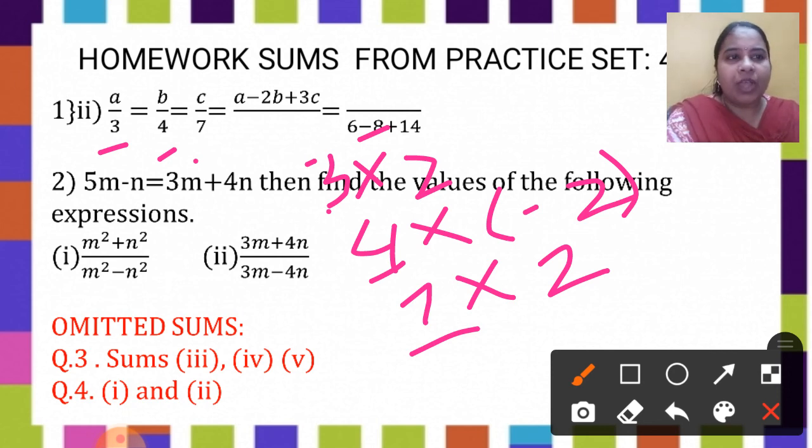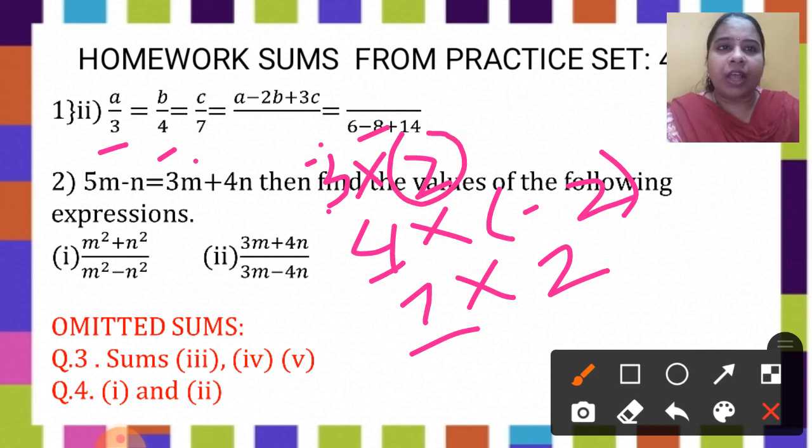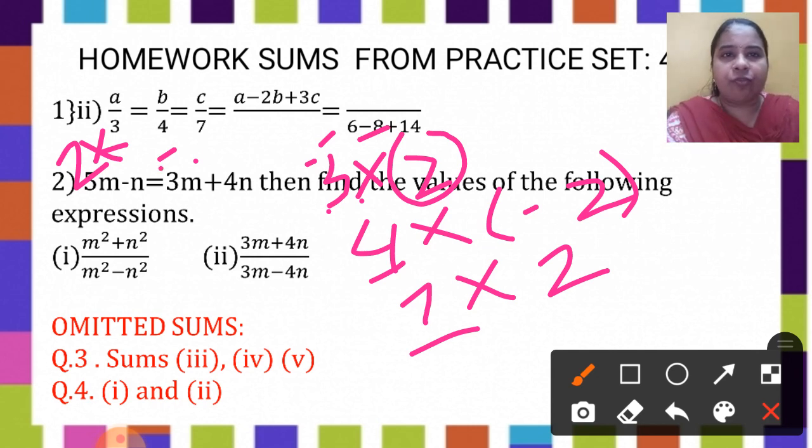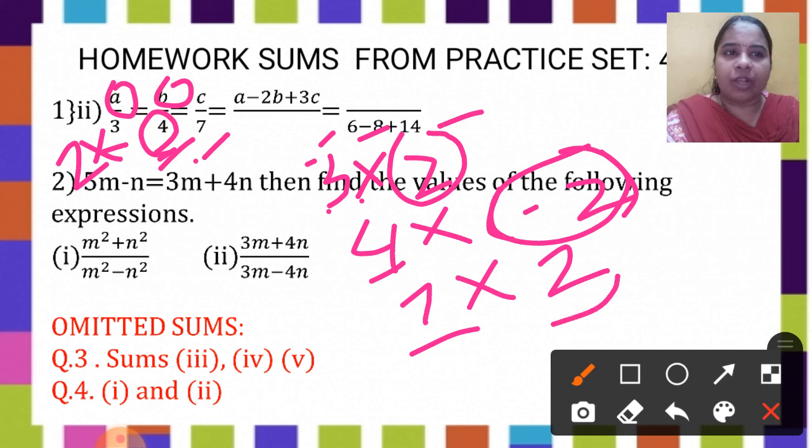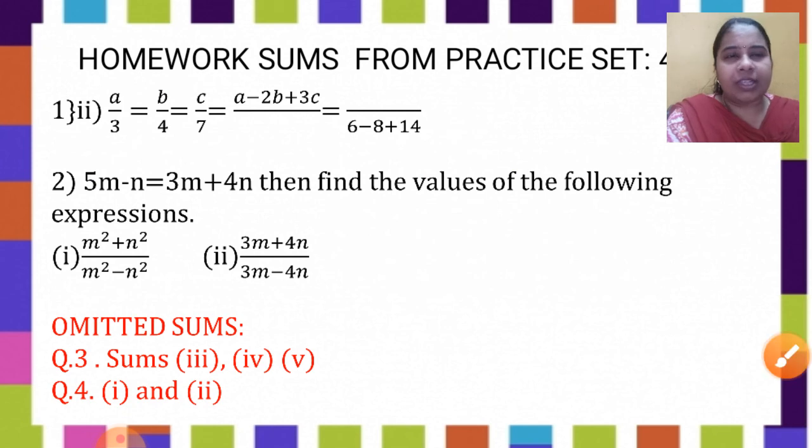So what I will do, I will multiply the first ratio by what? 2, because 3 is already there. I want 6, so 3 into 2 will give me 6. So the first ratio is to be multiplied by 2. Same way look at the second one. Minus 8 I want, I have 4 here, so with what will I multiply? Minus 2. So here you will multiply by minus 2, and here also you have to multiply by minus 2, and here also you have to multiply by 2, correct? Last ratio I have 7, but I want 14, with what will I multiply? 2. So here if I multiply by 2, here also I will multiply by 2. Like this you can get the answer when you use the theorem of equal ratio.